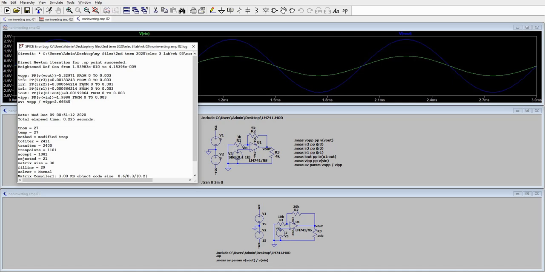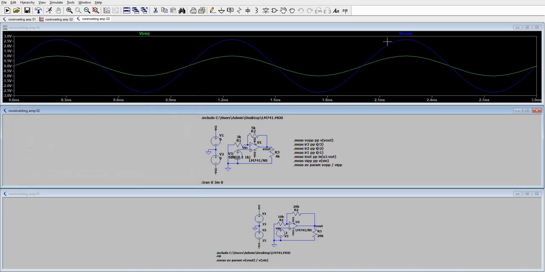You can also notice that the output voltage is in phase with the input voltage, unlike the previous circuit from last week, where the output is inverted compared to the input.